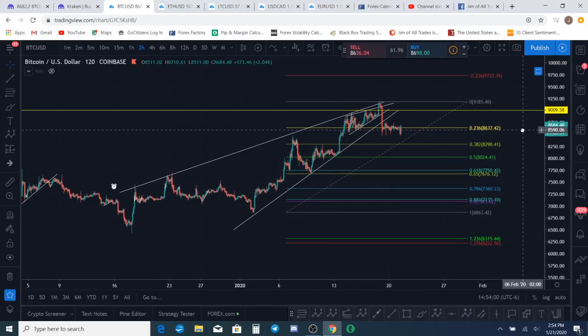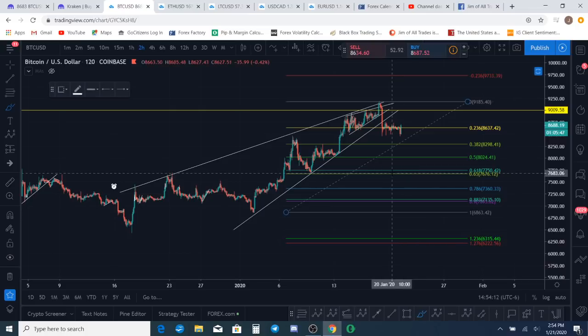Anyway, with that being said, yeah, we're looking for a 3-wave pullback here. So it looks like we got the impulse off the top, and there's always the question mark with those impulses, because they always leave you guessing on the 5th wave. It looks like we got the 3 waves. Did we get the 5th wave yet? Maybe, maybe not. I'm not exactly sure.